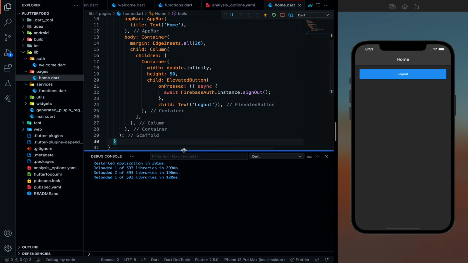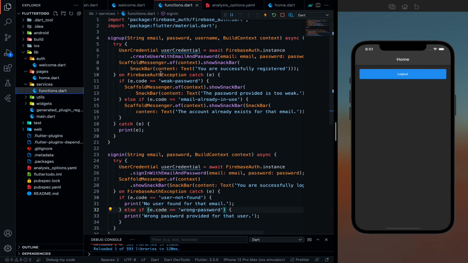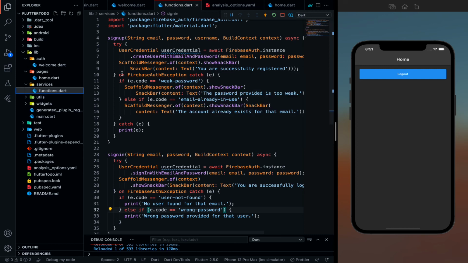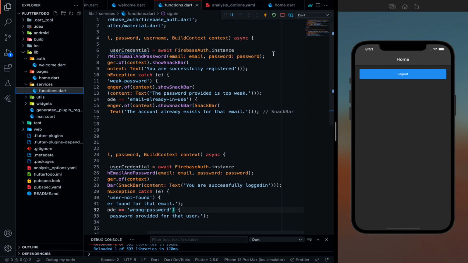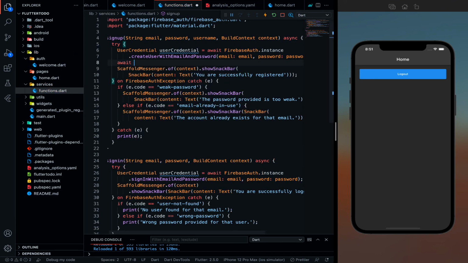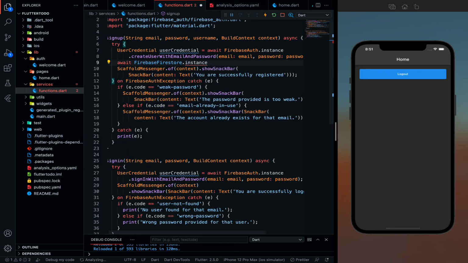So what I need to do is, in the function, this is the part when I am logging or creating the user. When I'm creating the user, I want to save his or her credentials. Right? That is done using Cloud Firestore functions. So over here, you need to write a very simple function, await FirebaseFirestore.instance.collection users.